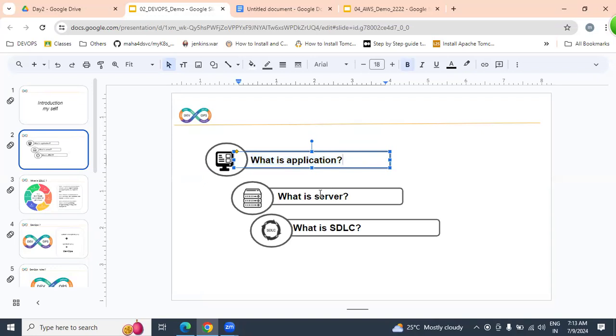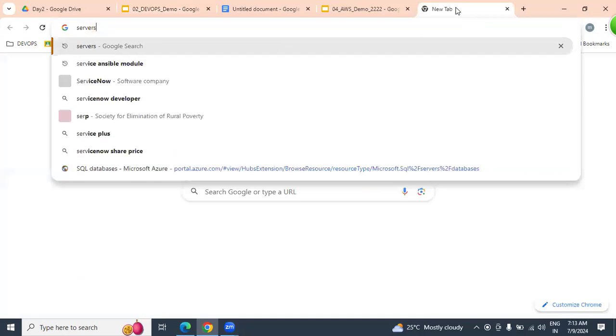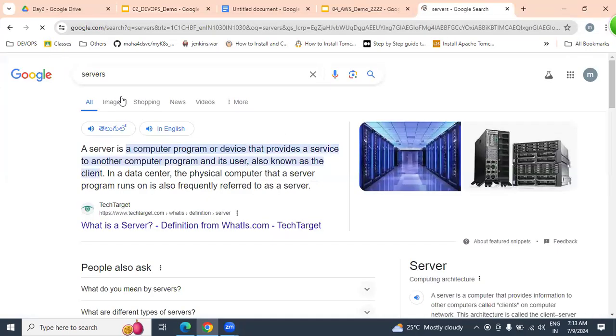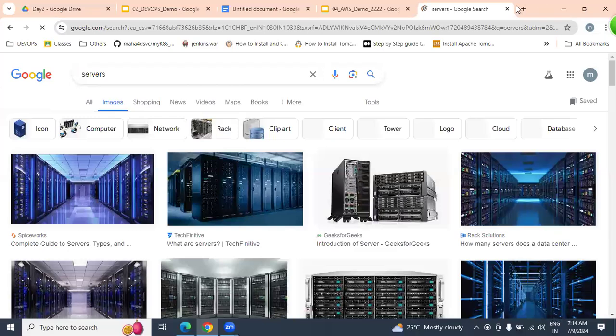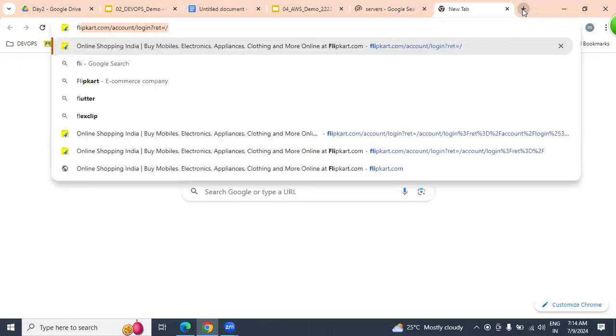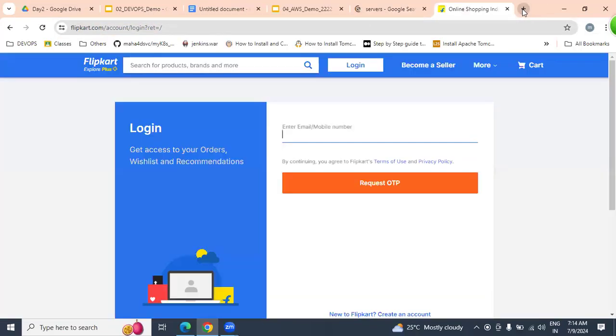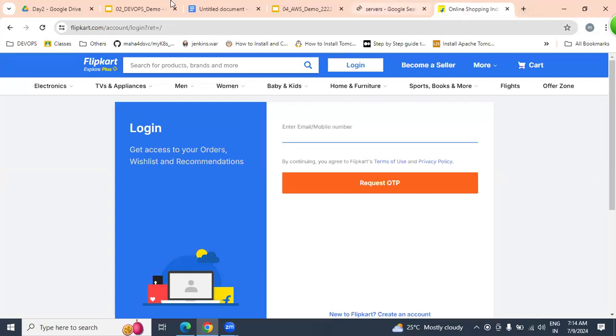That application we are going to place on servers, hundreds of servers. Once it is placed on servers, we can access it on the internet as a website like Flipkart, Amazon, or BookMyShow.